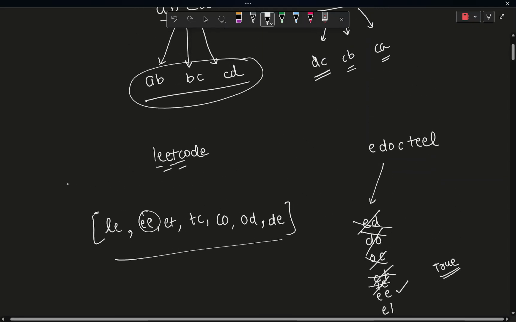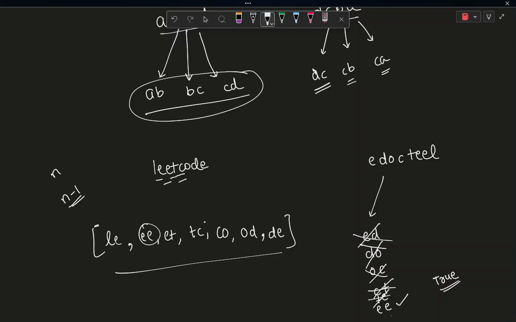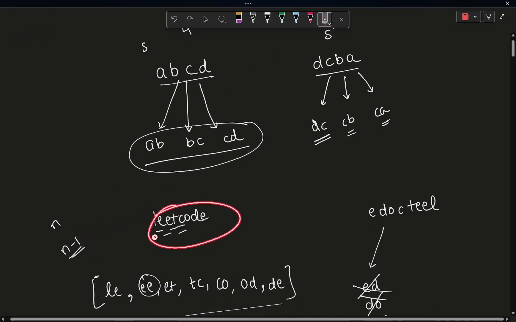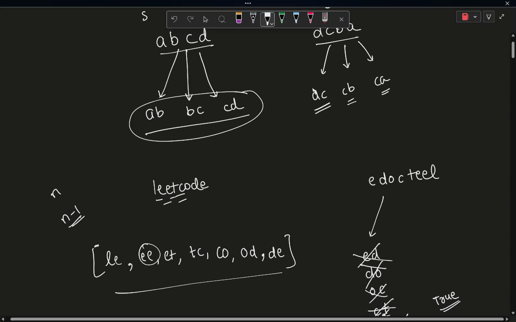Here we are. If you have a string of length n, then you will have n minus 1 substrings of length 2. This is something you can figure out why. You can try to just visualize this: if you are picking up two elements every time, you will have n minus 1 possible positions for starting a substring of length 2, because you cannot start the substring at the last place. Or visualize it in any way you want. Basically, in a string of length n, you will have n minus 1 substrings,